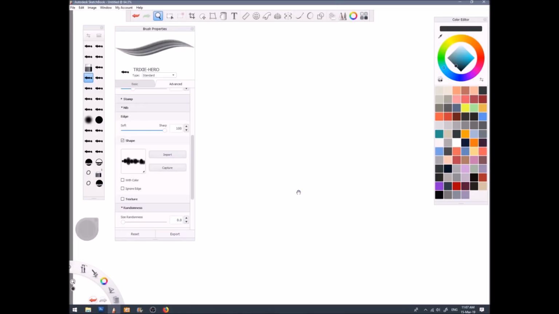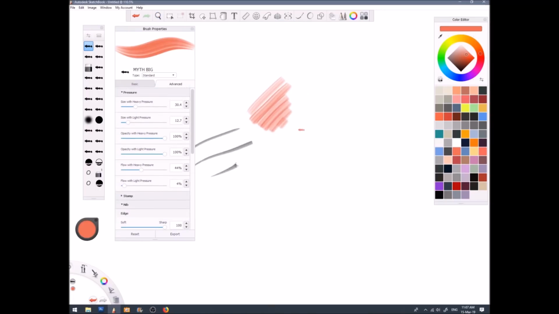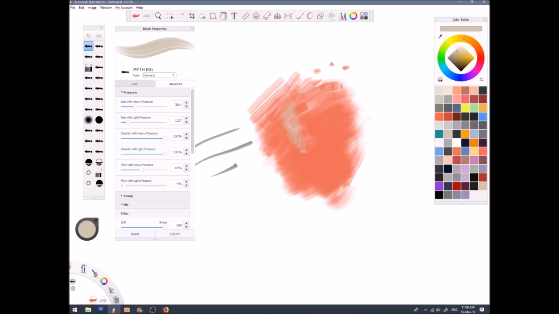So as with the brush I use for inking, similarly the ones I use for painting, pretty much the same settings, except not quite so sharp a falloff for the tip. I do have a set of these as well, all set to different sizes, and I keep them at those sizes rather than scaling them up or down. This way I know exactly what I'm going to get with those, and it keeps a uniform approach across all the painting. The nice thing with this is it gives a little bit of extra detail, a little bit of extra grain